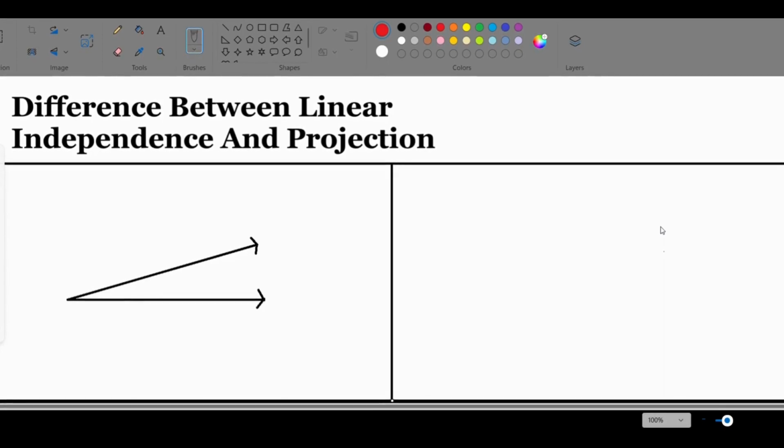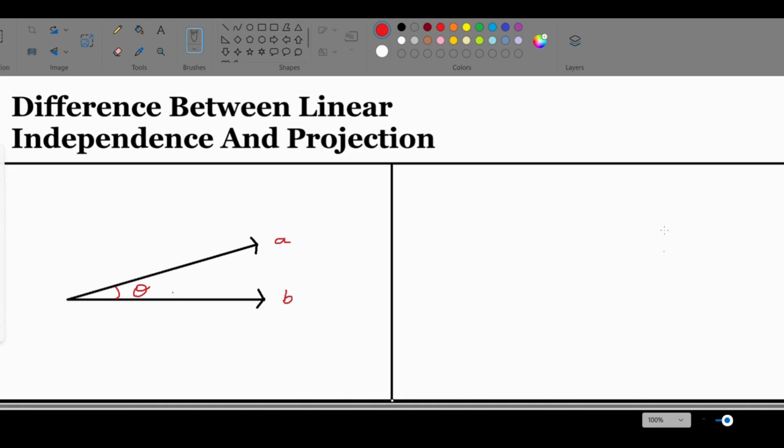This is just to help you intuitively understand these two concepts before we delve further into the projection vector. Now, in the previous video, we had discussed how two-dimensional vectors can be linearly independent even if they are not perpendicular to each other. For example, have a look at these two vectors over here. Let's call them A and B. And let's say the difference of the angle between them is theta, which is not 90 degrees.